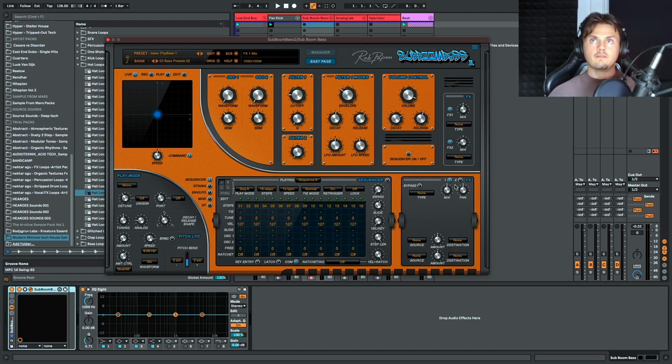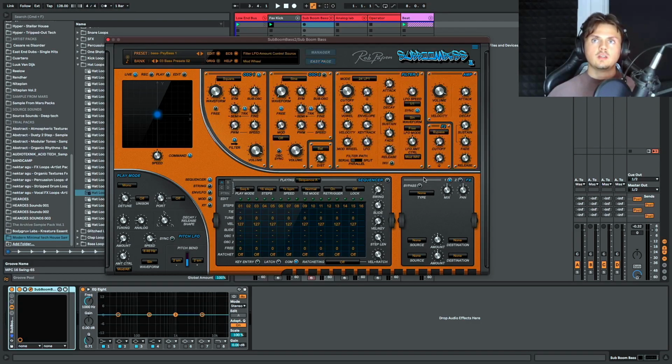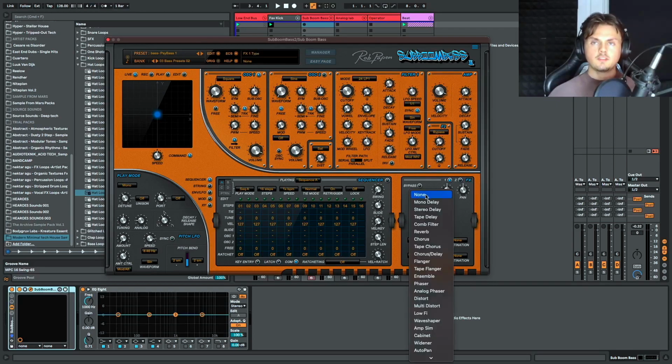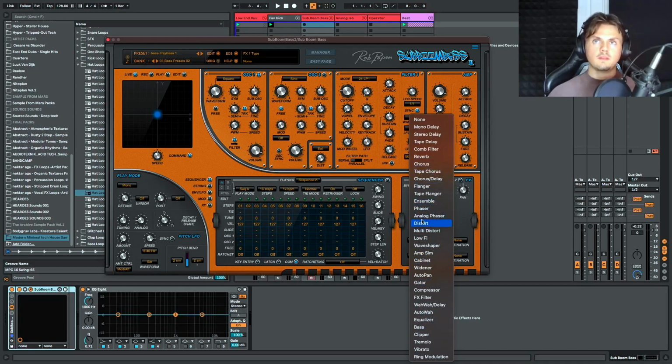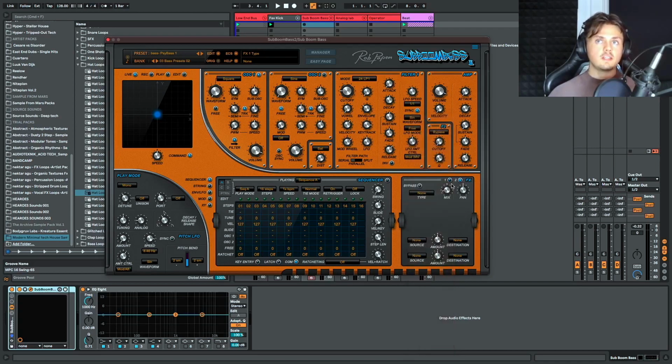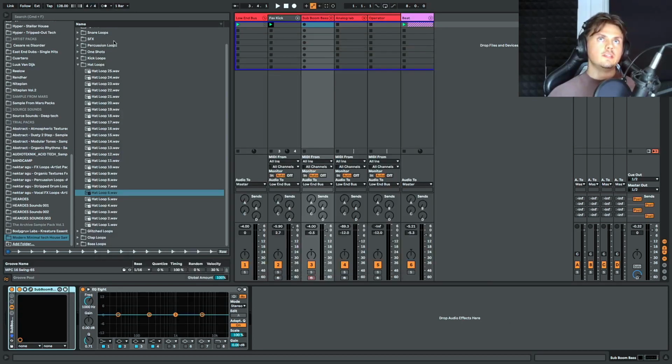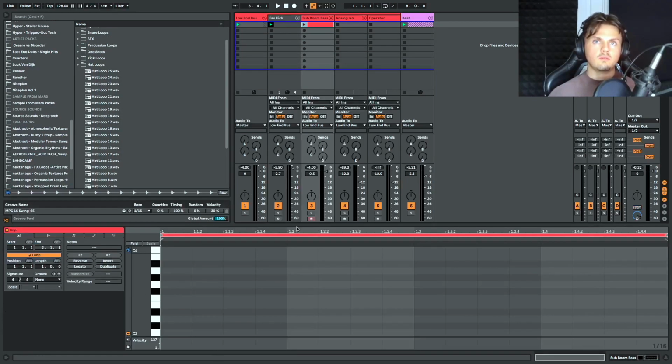You also have an effects section in SubBoomBass. So if we go back off the easy page, we can go down to here, and there is a list of effects that you can add to whatever sound you want. Now, some of these effects are better when creating synths. For example, you're probably not going to want reverb on your bass, but if you were making a synth from SubBoomBass, you could always apply a bit of reverb. And again, the effects in here are really good. They're very high quality, but sometimes it is easier just to use the external plugins to create the effect that you want. So if we now just give you an example of what we can do with SubBoomBass,